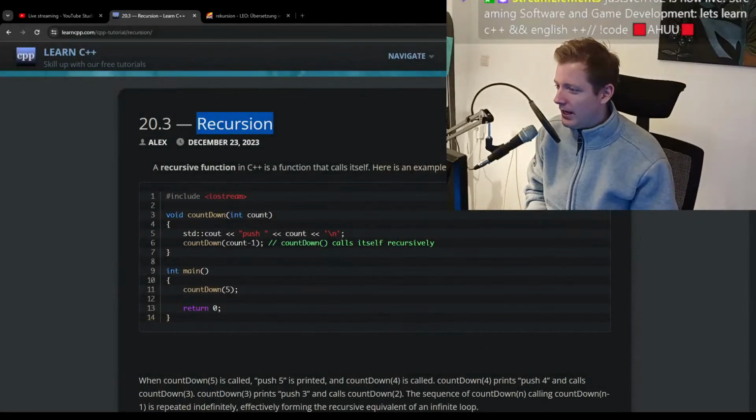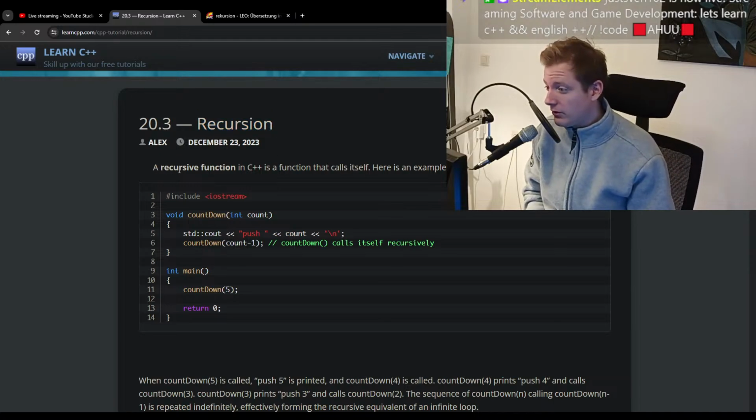So here we go. Recursion. A recursive function in C++ is a function that calls itself. Here is an example of a poorly written recursive function. Why is it poorly written? Okay, we have a void countdown, then we have an int count,